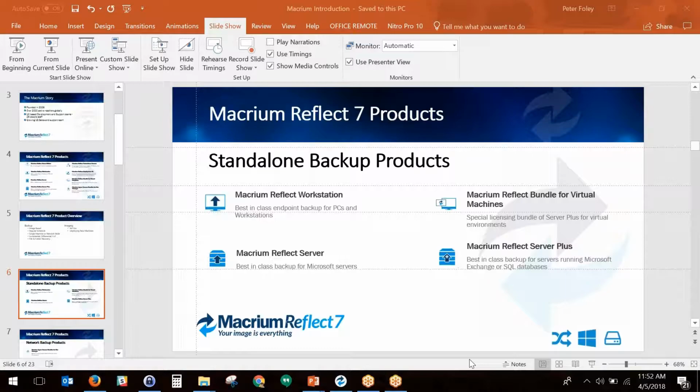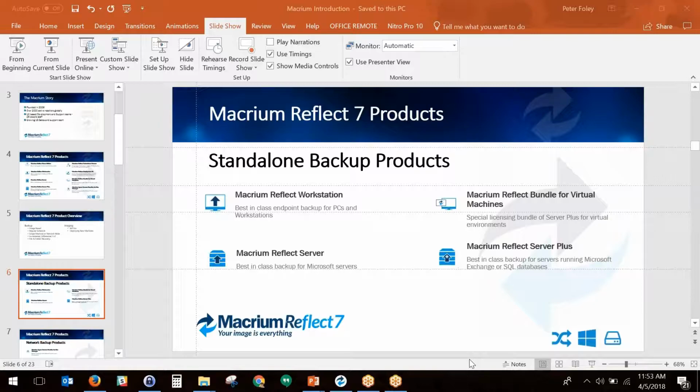Now, I'm not able to do this on the demo, but I'd encourage anyone to do a test restore. The way it works when you install Macrium, and really any other backup product, is you create a rescue media to boot that machine into. So if you have a drive that has no OS and it's not able to boot, you can plug that USB key that has a rescue